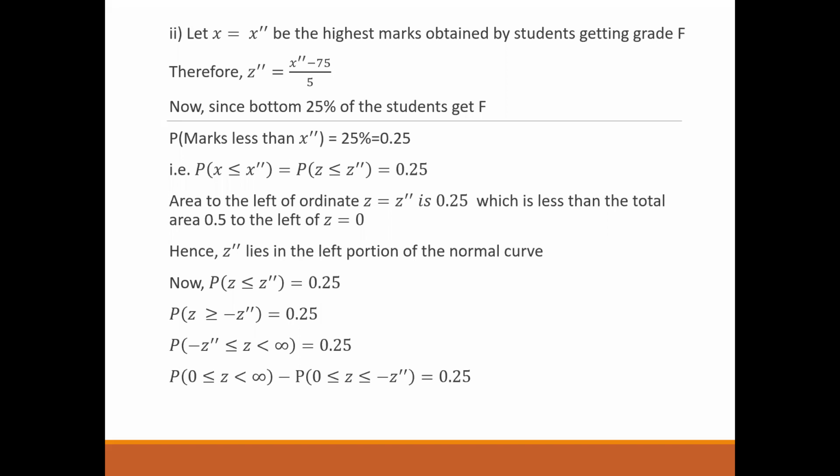Now for the table, if I want to refer to the table again and do this calculation, we can write it this way. Now 0.25 will go on the other hand side, and you can write the equation and solve it further. So if anyone gets the answer, you can put it in the chat. There's something in the chat.